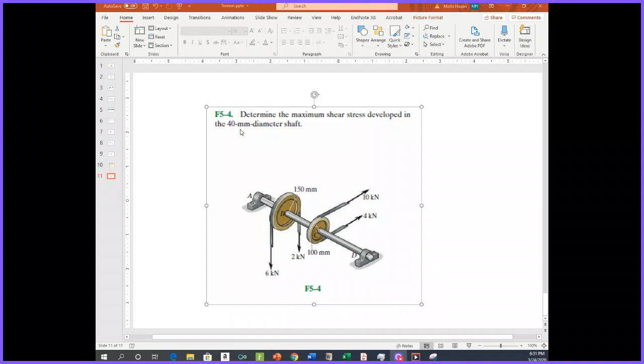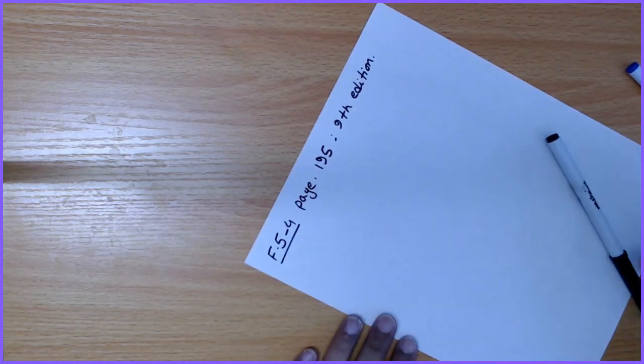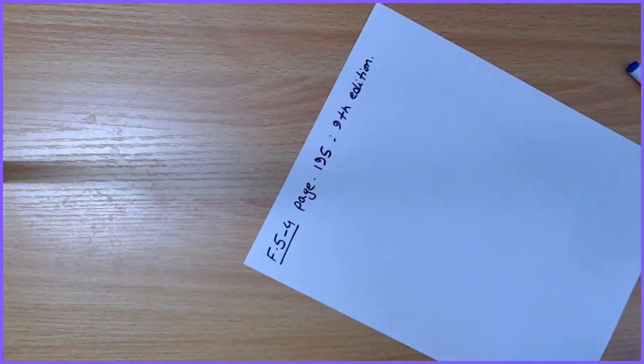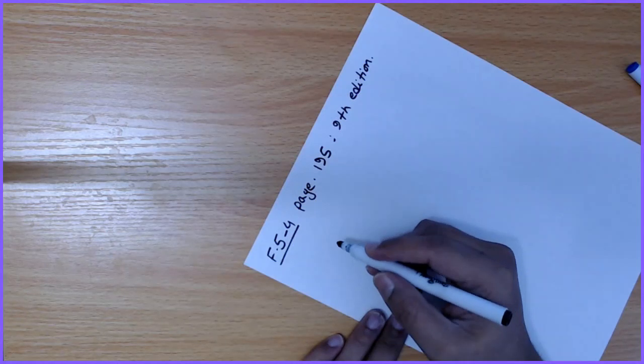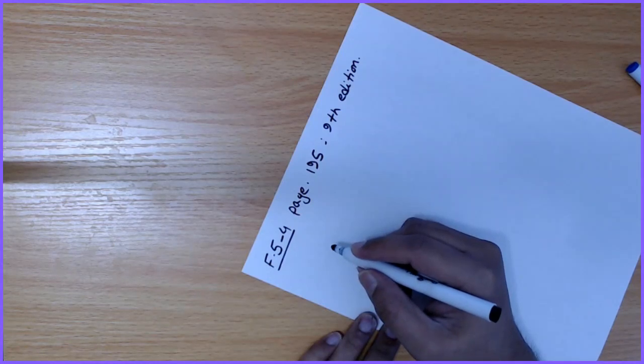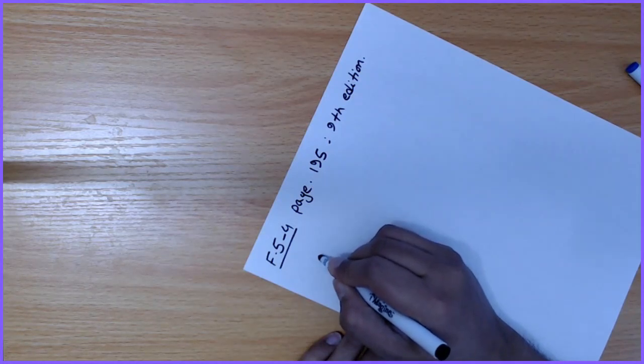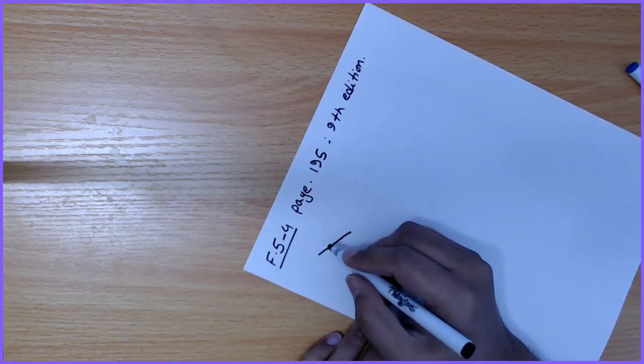In order to solve this problem, we first figure out what is the resultant torque at this shaft. Now, as you notice, this shaft is supported by two bearings, and in these bearings there is no reaction torque. It means if I cut